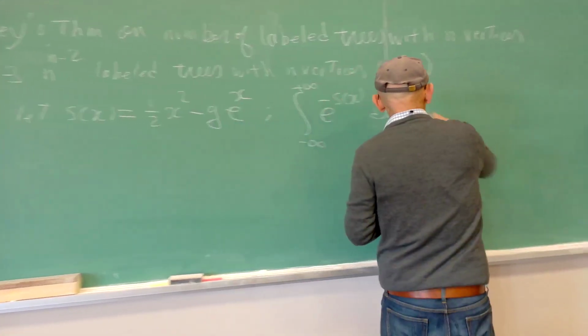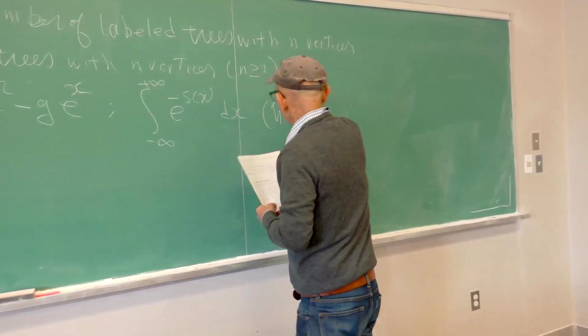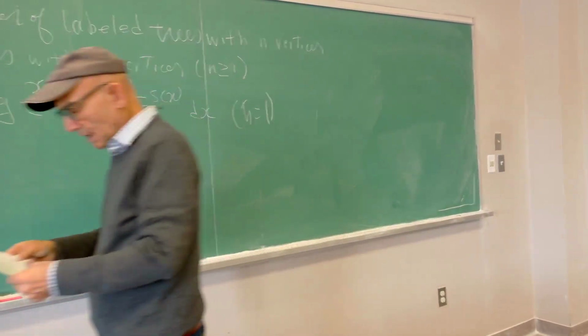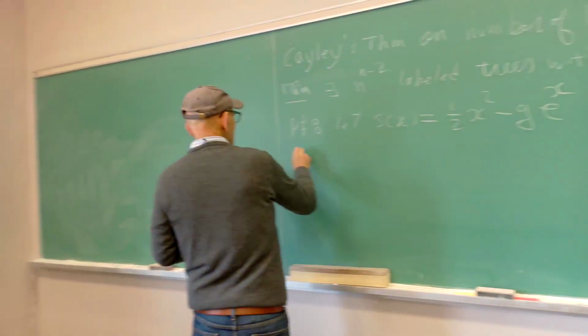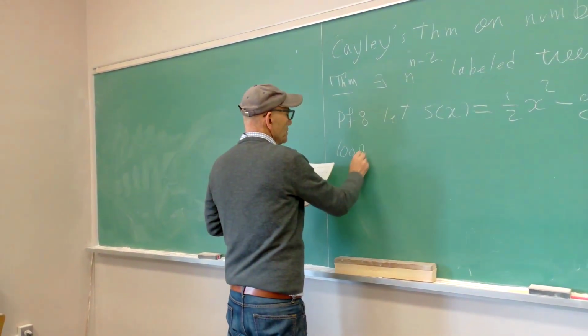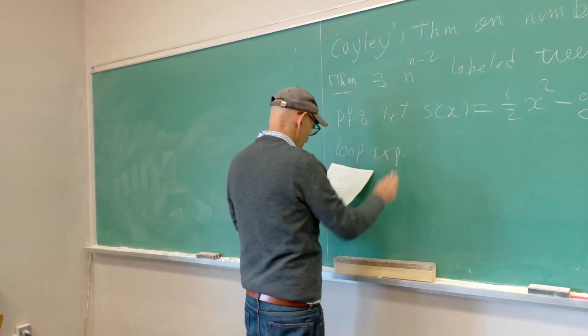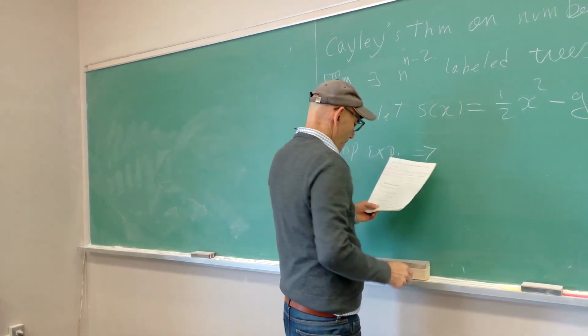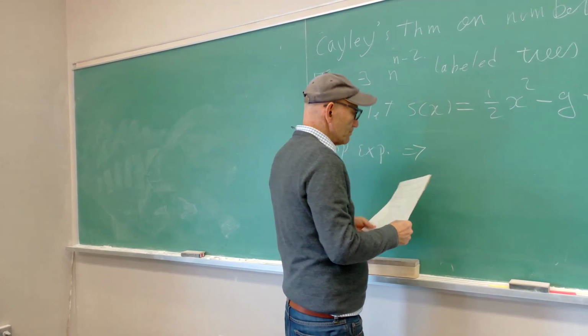Here we have put h bar equal to 1. So Feynman's theorem, the loop expansion, tells us that